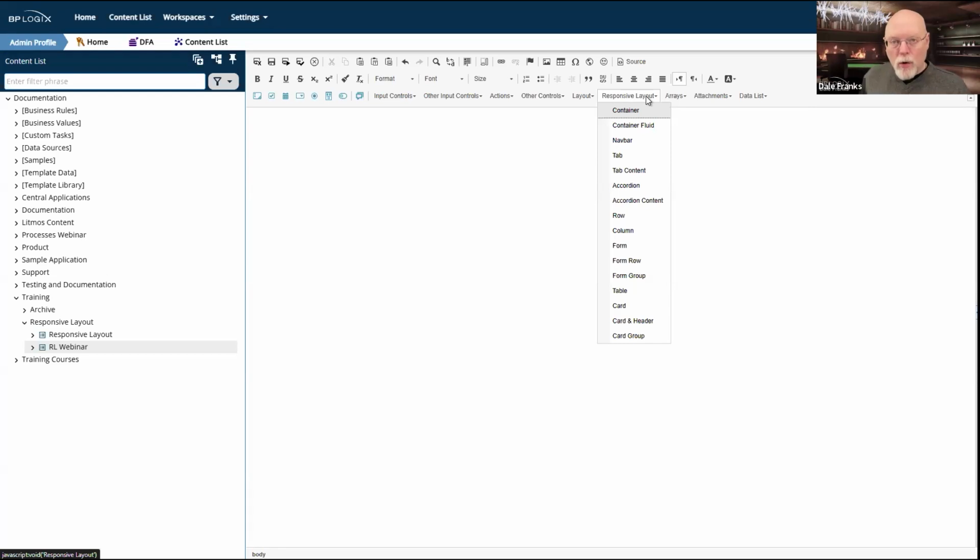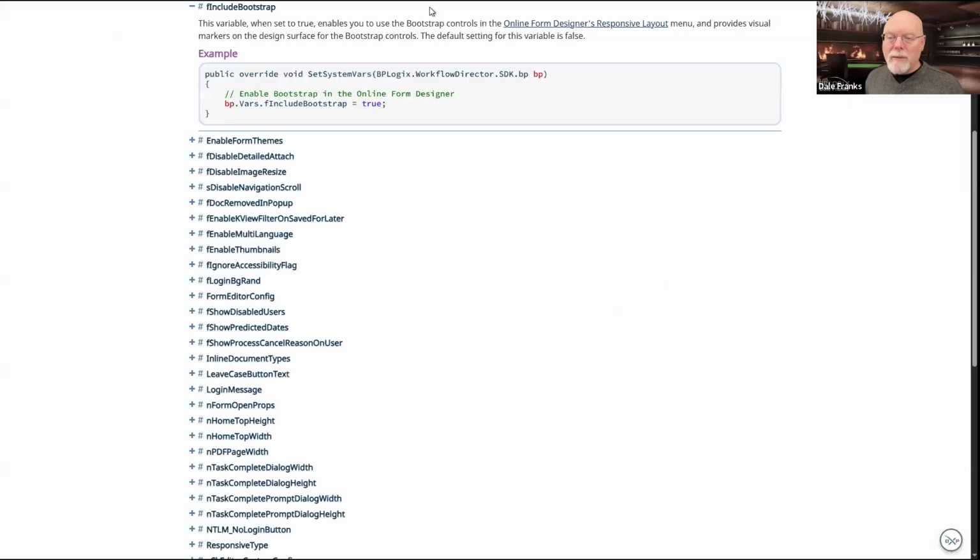That is probably true for most of you, because there is a specific custom variable that must be set to display the responsive layout controls. They are not available by default in Process Director. So the f-include bootstrap custom variable has to be set to true to turn the responsive layout controls on in the online form designer. Otherwise, they don't show up.